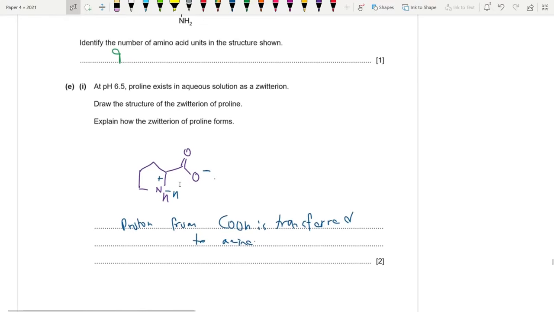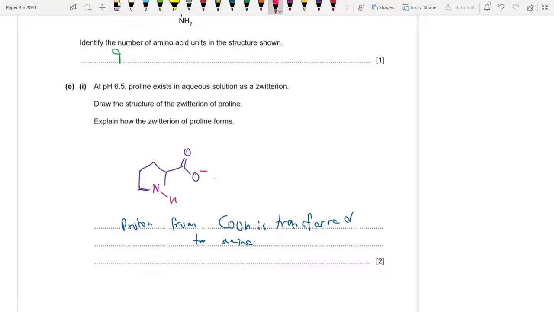Okay. Now let's see. How did this come to be actually? Check this. So originally we had proline. Okay. So what happens when a zwitterion is formed? If you guys want to know, basically the COH actually donates its proton and it turns into COO minus. Okay, this turns into COO minus, and on the other hand, it donates the proton to this NH, which has